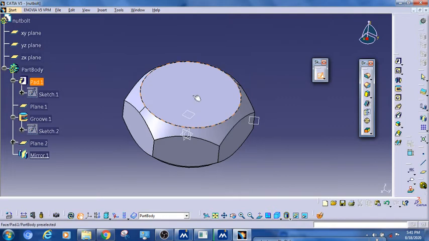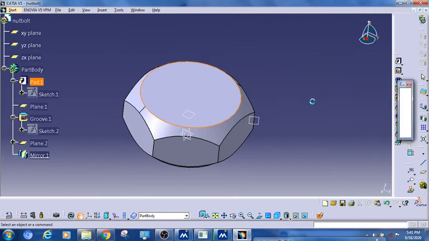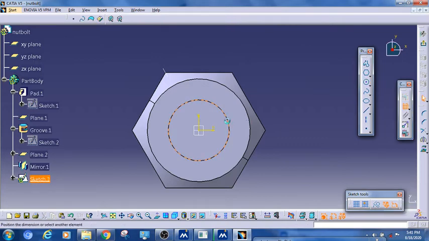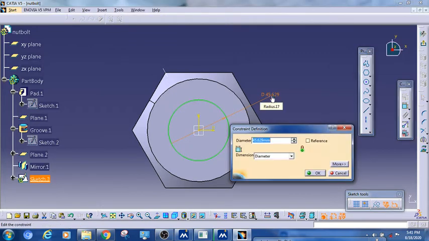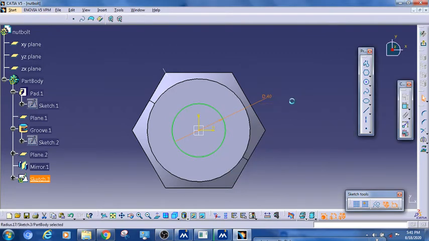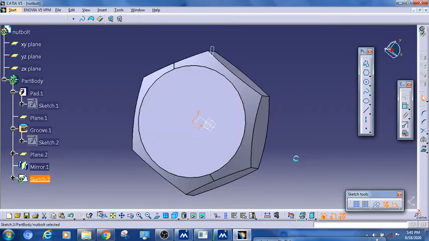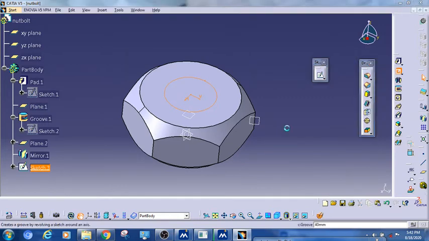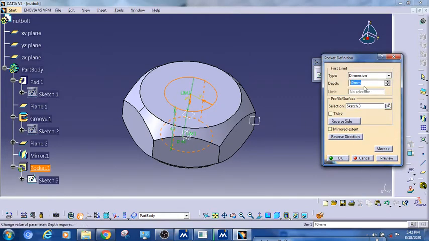Now you can select a sketch, select a surface. I want to create a thread inside, select. Just give a dimension as per drawing. You can select this whole diameter. I am just giving 40. In pocket, how much do we have to give? 40, or if you don't know that dimension, you can use up to next.